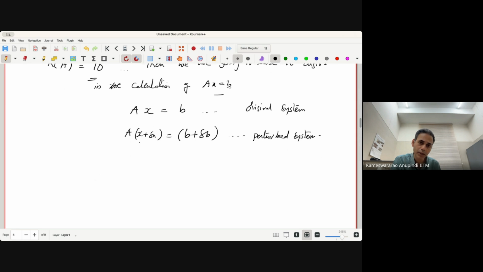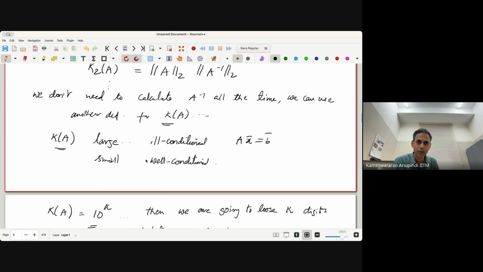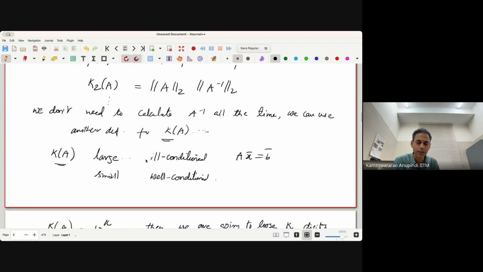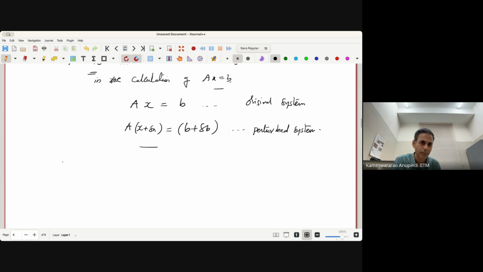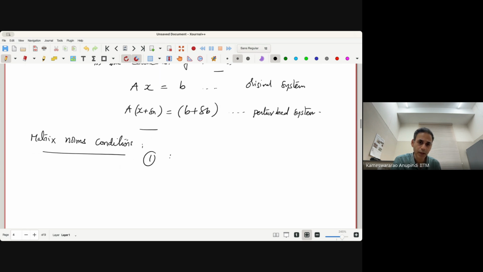Now I can also write this as, oh, I forgot to write the conditions for the matrix norms. Let me write them and come back to this, just like the way we have written the vector norm conditions. The matrix norms follow the following conditions. The norm of the identity matrix will come out to be 1. And then when you multiply with A times X, some vector A times X,